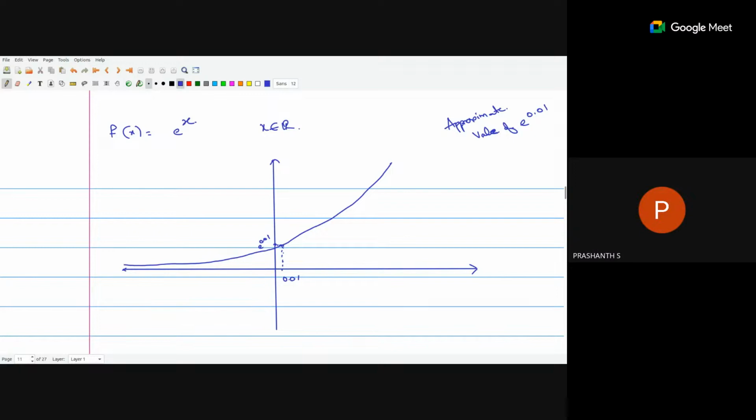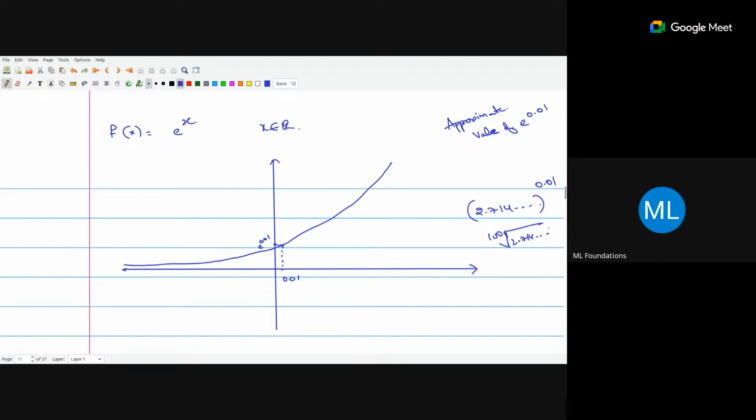Sir, we know e power 0. You have to approximate. That is the only way. I just wanted to convince you, everyone, that only through approximation can we find the value e to the power 0.01, or else you just have to write down the value of e, which is 2.714 and so on, and take the power of it 0.01. So it's like the 100th root of 2.714.